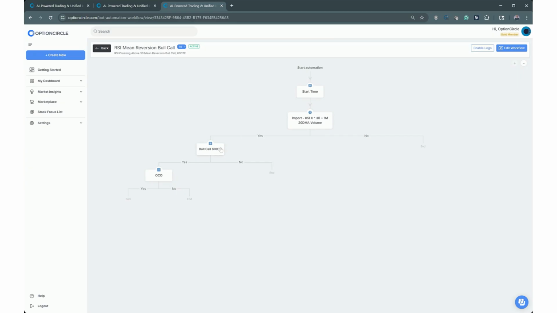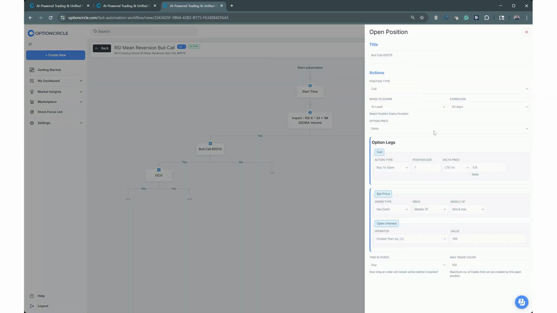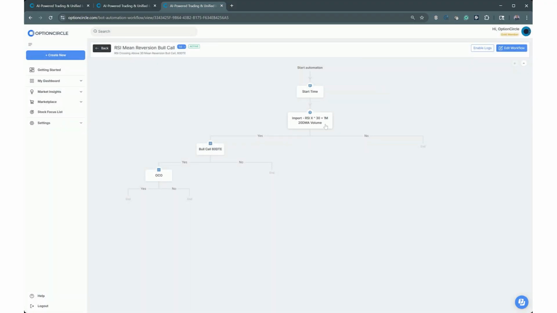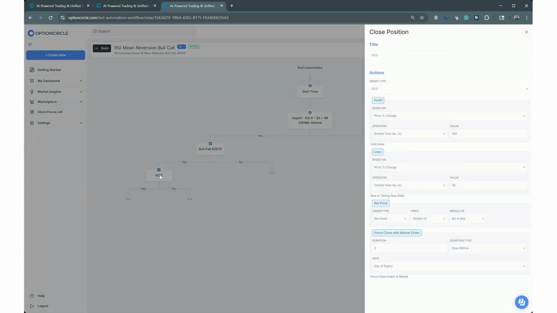We're going to buy the bull call 60 DTE, so that's days to expiration. So you have 60 days on this, and we're buying the 60 delta again. So slightly in the money to kind of offset any huge move, because when you're buying out of the money, if you get a huge move against you, they'll just evaporate that time premium on you. So it's a little more conservative, but it works well, and it kind of starts you off a little bit in the money. And you can see here, we're only looking for 100%